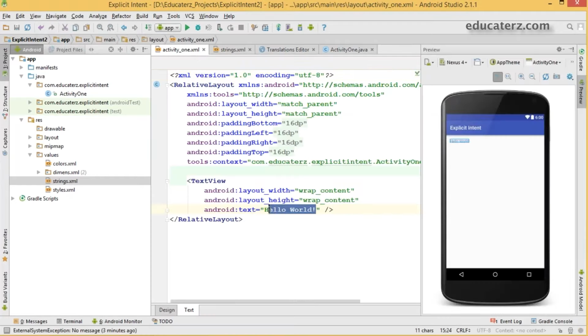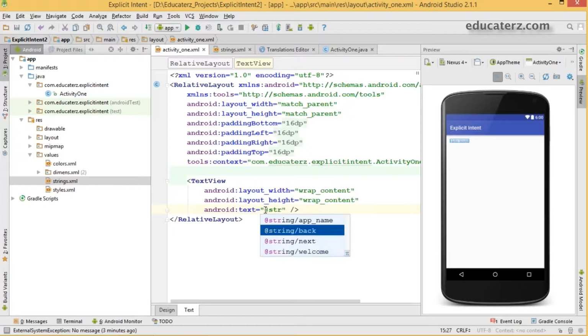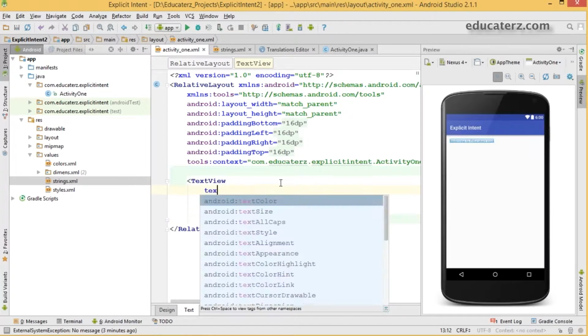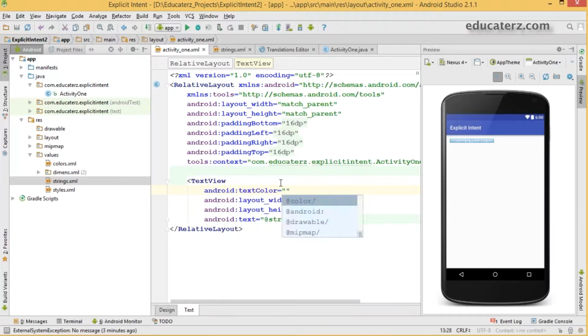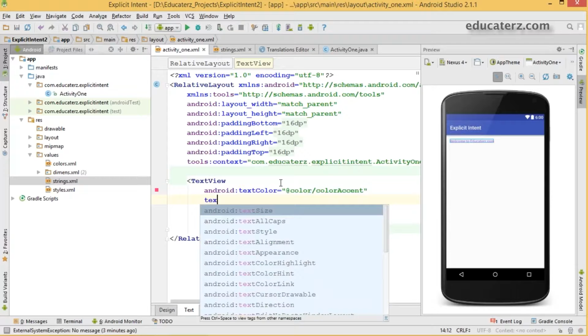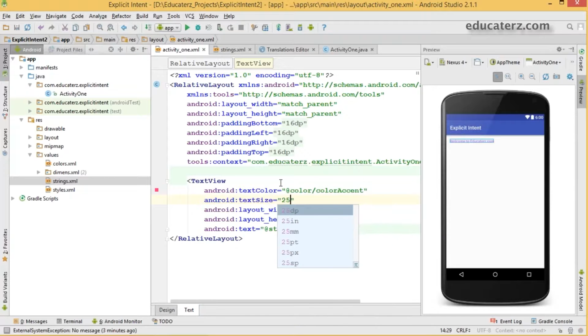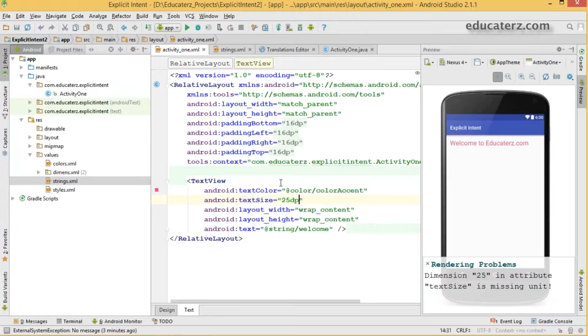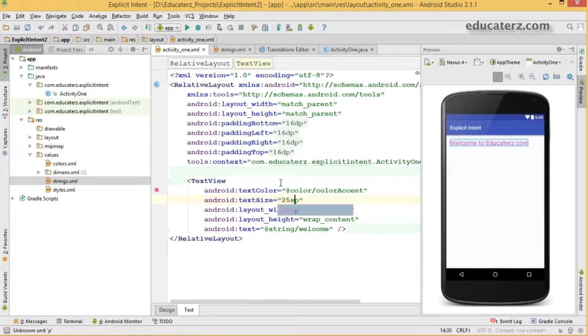Just refer to the string for your android:text attribute using @string, so @string/welcome. For a better view, I'm giving some text size and text color, taking the default colors available. Let us say a text size of 25. As I'm dealing with text, it must be sp, scale-independent pixels, instead of density-independent pixels.